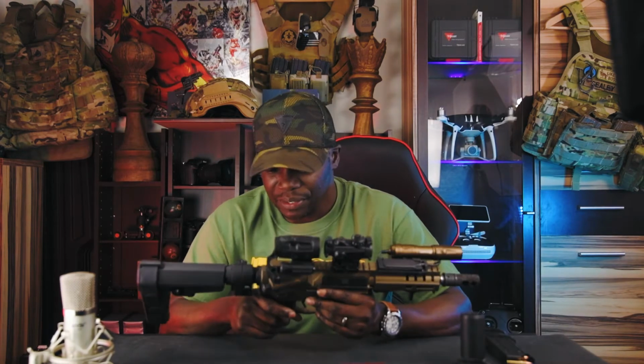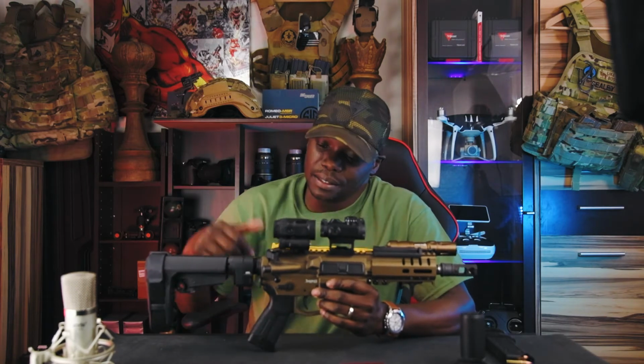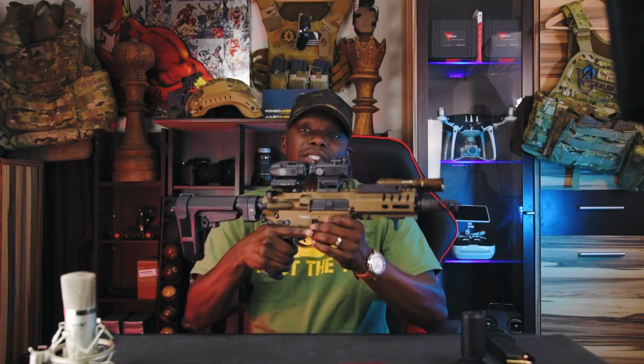It's real nice at close distances, and you can get up to 300 yards fairly accurately with some practice. As long as you've got your sights zeroed in and a nice sight system, you can get up to 300 yards real easy. Me personally, is it worth the money? Yeah, it's 100% worth it for what you get. For everything that you get in this little package, it's 100% worth every penny that you would spend on the CMMG Banshee. And just to customize it and make it yours,